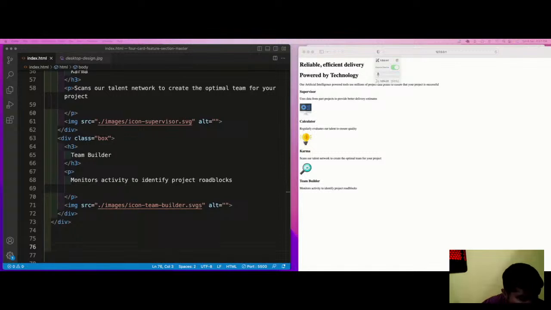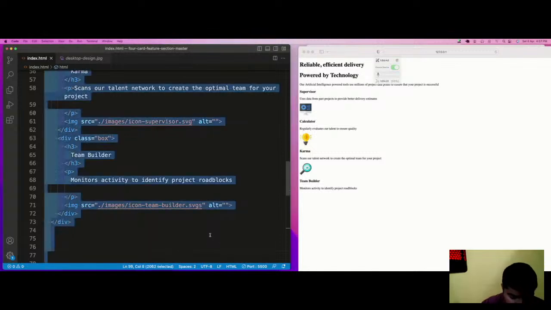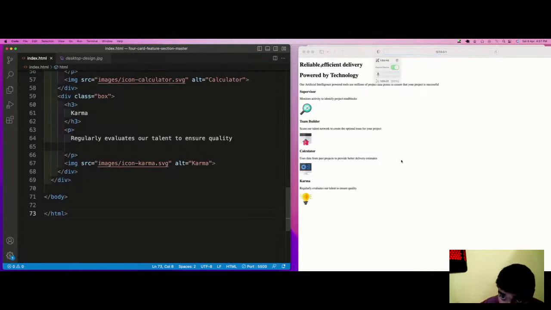Now it comes. Okay. So that is how the structure looks like.